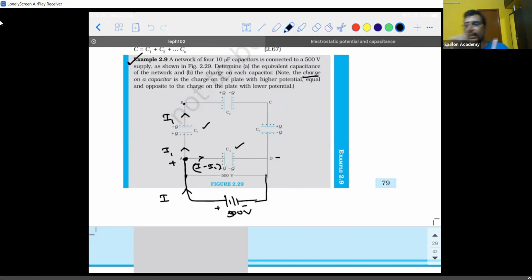It will directly take a turn towards the second capacitor, C2. So the same I1 is going to flow towards a point C. The current which is going to point C will directly flow to C3 also. So it is the same current I1. Guys, are you able to understand?